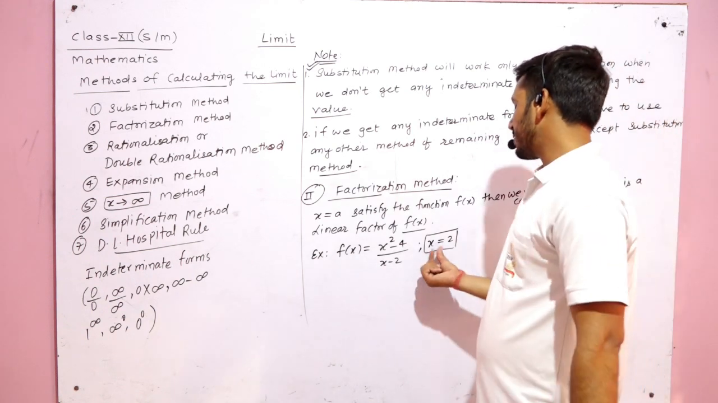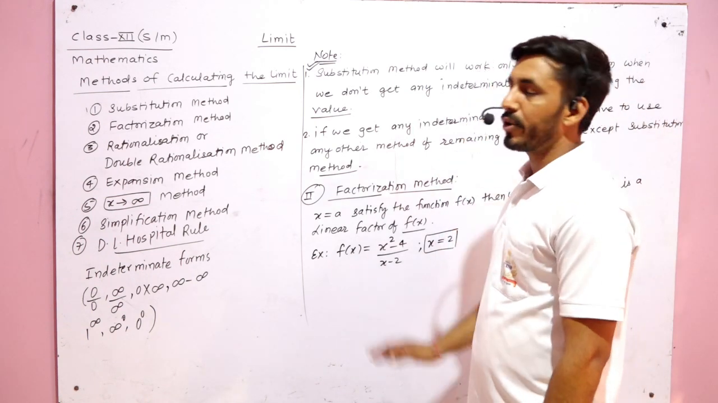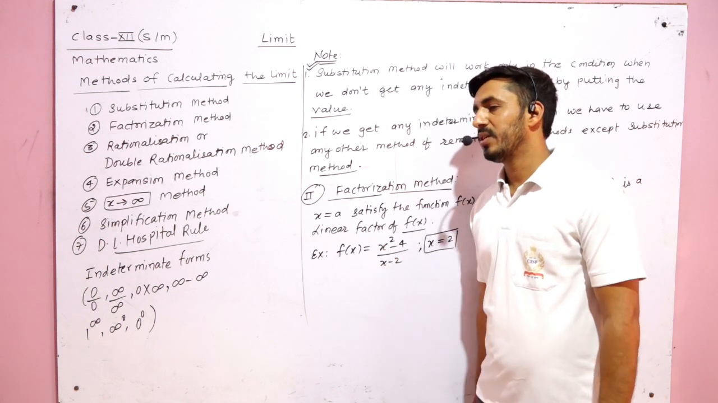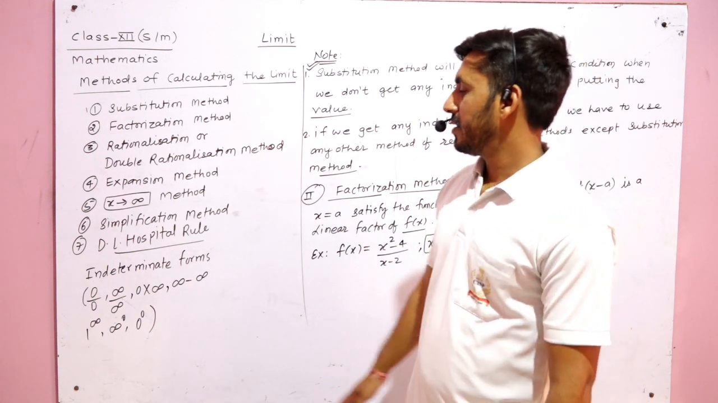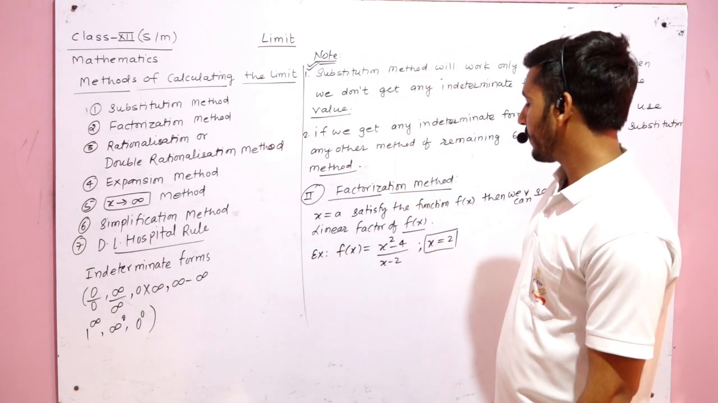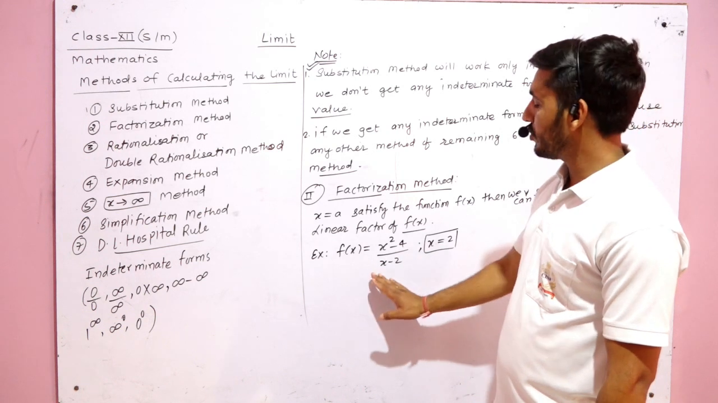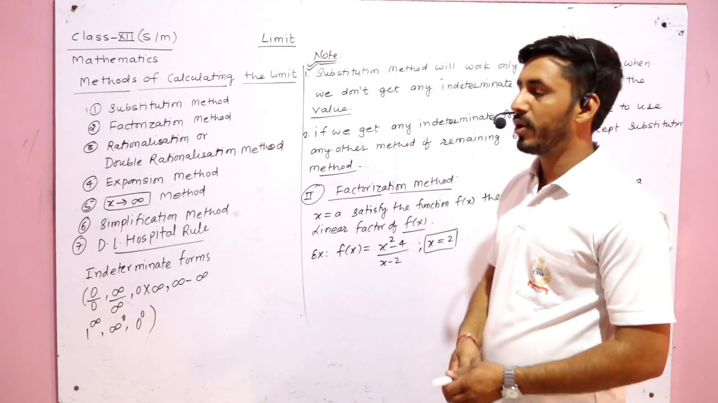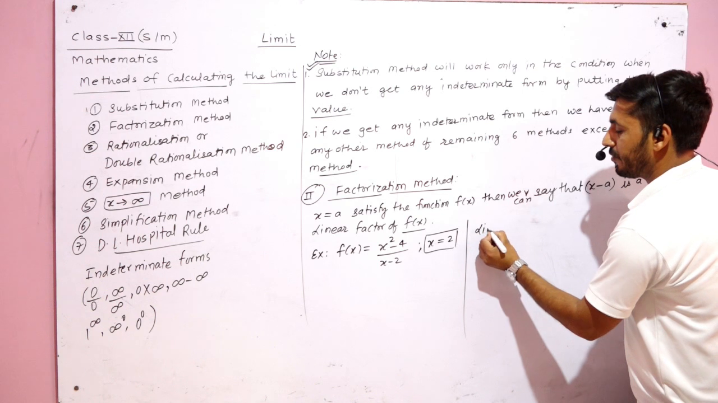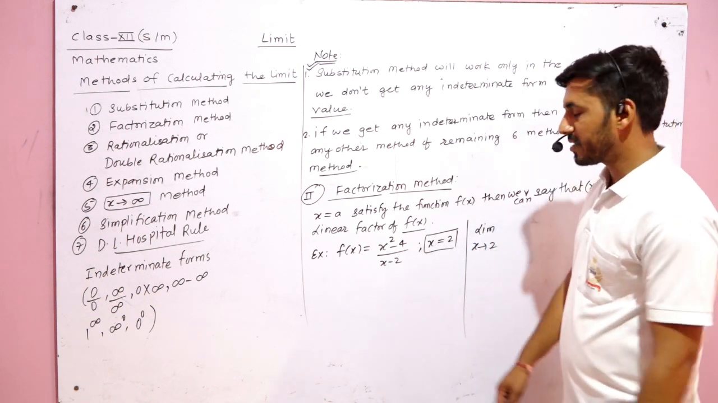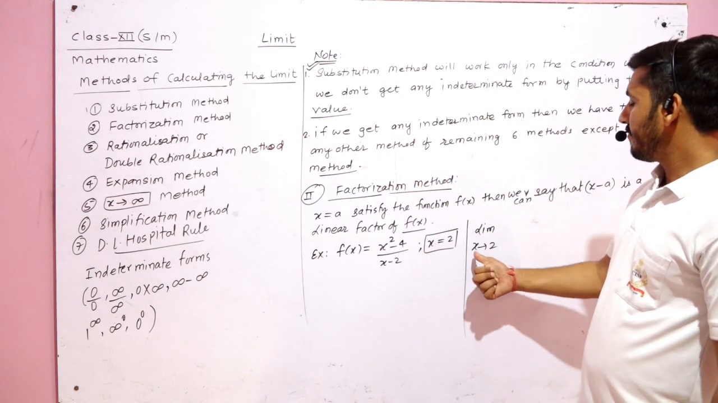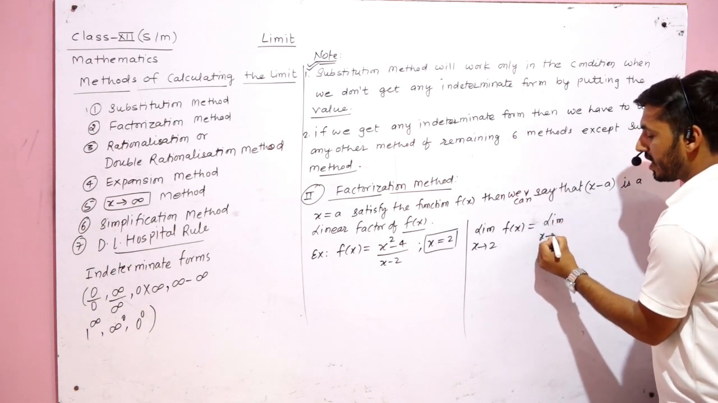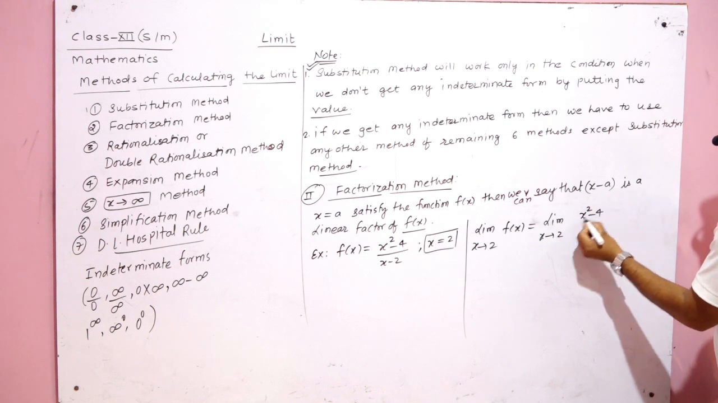If we directly put x is equal to 2 in the function, then we can observe that 2 square means 4, 4 minus 4 means 0 upon 0. Then the form obtained is indeterminate form. That's why we cannot calculate the function's value at x is equal to 2. Then we use the limit. How can we calculate the limit? If x tends to 2, the function is f(x), then limit x tends to 2 of (x square minus 4) upon (x